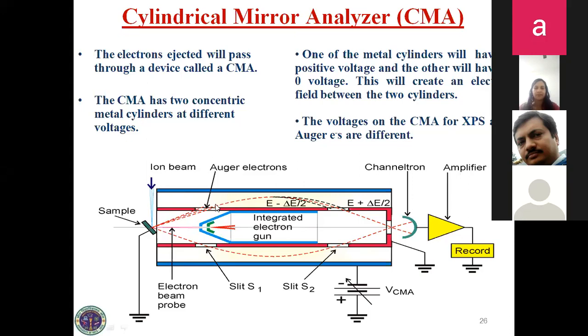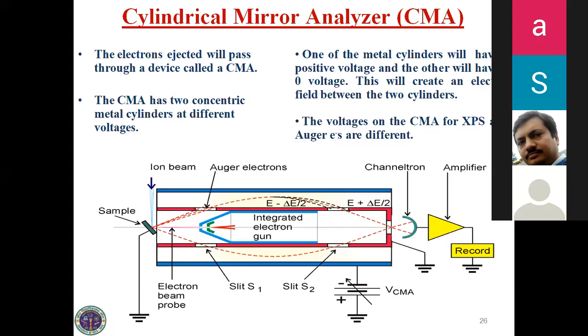For Auger electrons, a separate window is given, and for normal photoelectrons, slits S1 and S2 are given. On the channeltron, we can specify which electrons are XPS electrons and which are Auger electrons. If we want the XPS signal, the Auger electron intensity is suppressed, and we can record the XPS spectrum after amplification by an electronic circuit, which has an amplifier, a pre-amplifier for noise reduction, and other electronic parts.